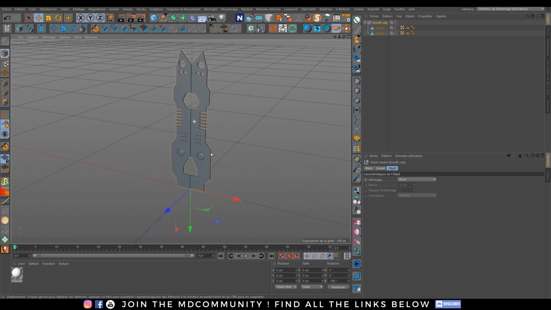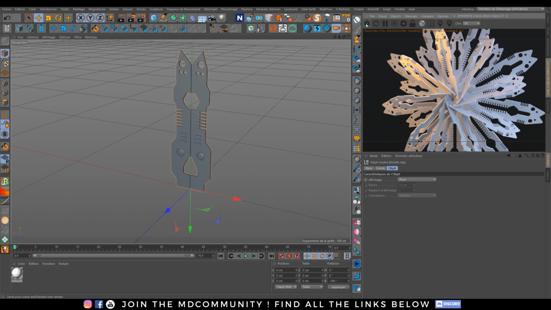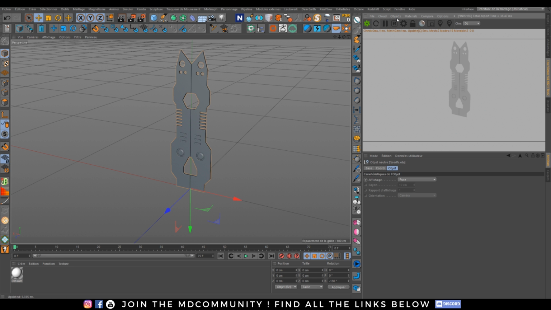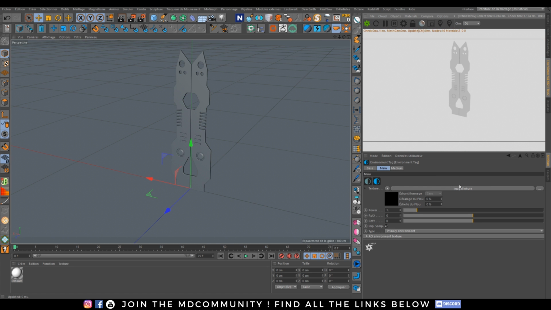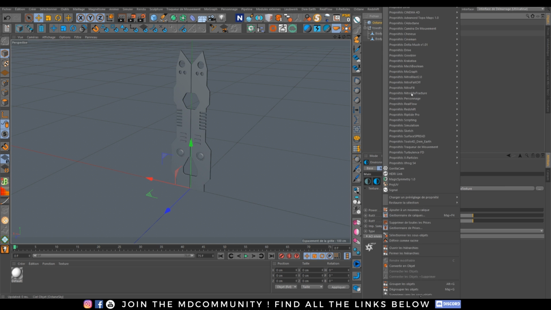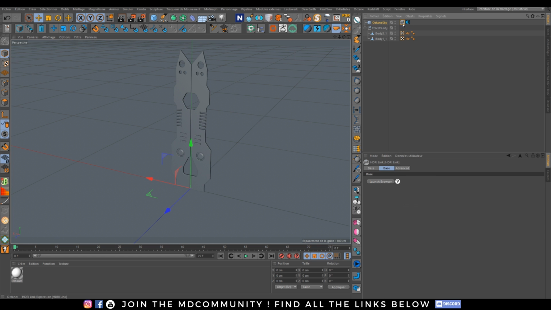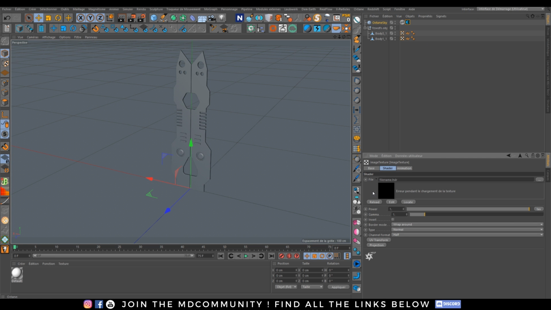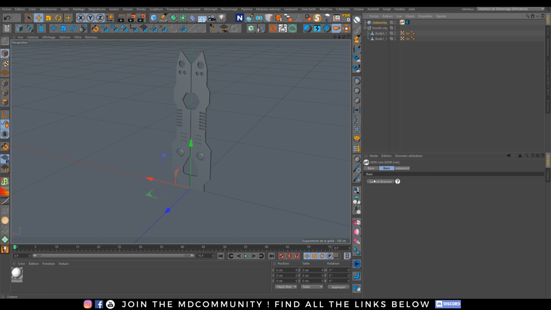Amazing, man. So for motion design, this is really cool. I will launch Octane just to show you what we can do with this. I will also take an HDRI environment, so we will be able to see a bit more what we are doing.